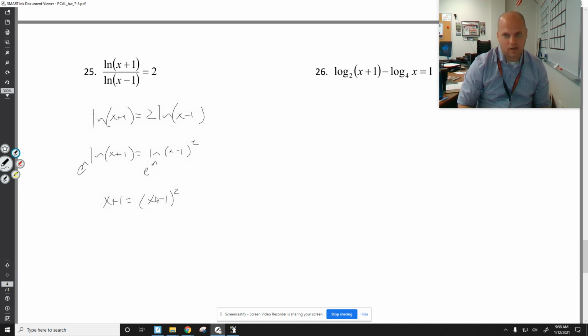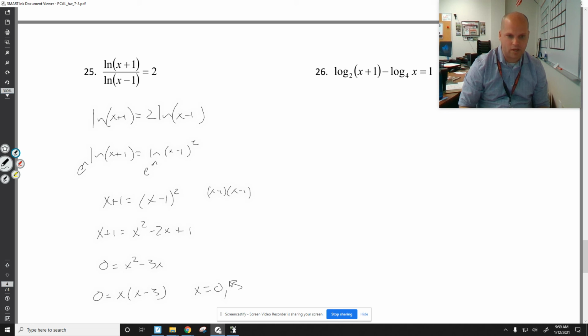How do I solve this? Well, let's square things because I have x's and I have x squared. This is x squared minus 2x plus 1. How do I know that? Because I know what x minus 1 times x minus 1 is. It's not x squared plus 1. I got this negative 2x. All right, I already got the x squared on the right side. I'm going to move this stuff over. We have x squareds and x's. We're going to have to factor. So I got x squared minus 3x. I subtract the 1 and it's minus 0. So that's good. X squared minus 3x is easily factorable because I could factor out an x, giving me solutions